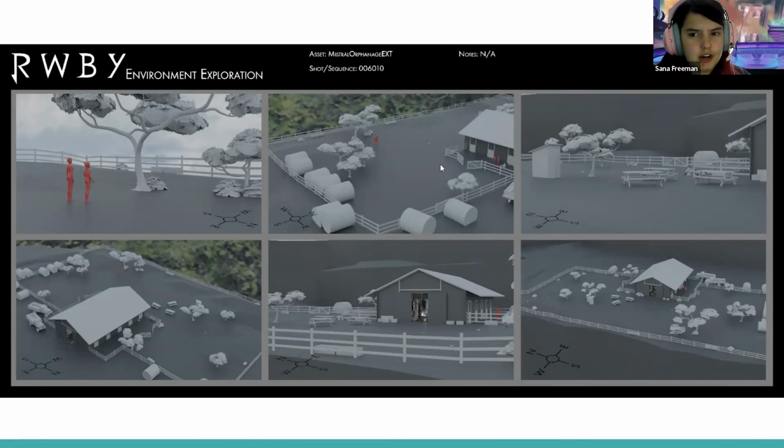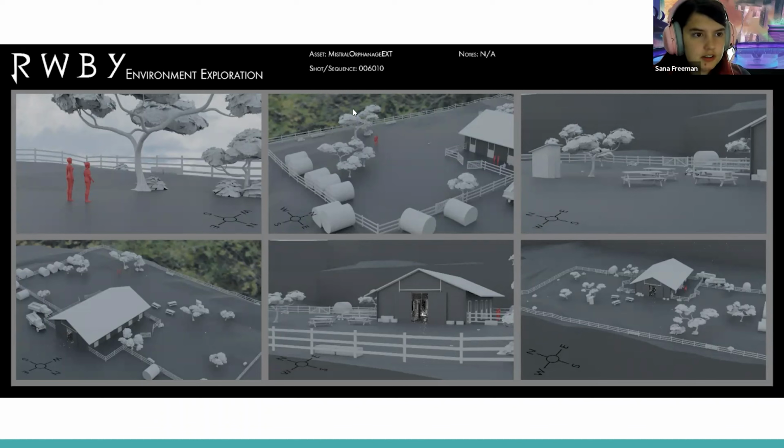Like even looser, sorry. This is one I made, and I barely actually made anything in this set. I think I made the fence all by myself and these tables, but otherwise a lot of this is just reused assets from other places. I mean, my hay bales are literally cylinders on their side, and then they're like, we don't have time, just hand this off. We just need this to hand off to a freelancer, and that's what we did, right?